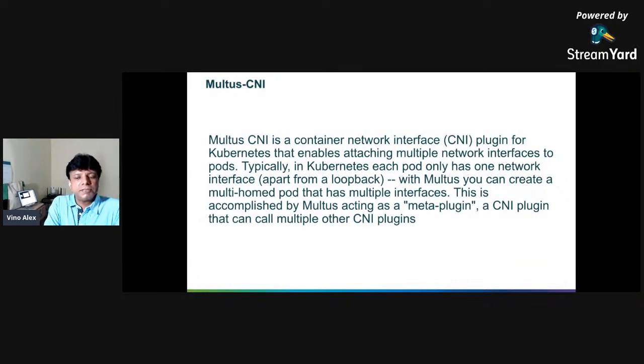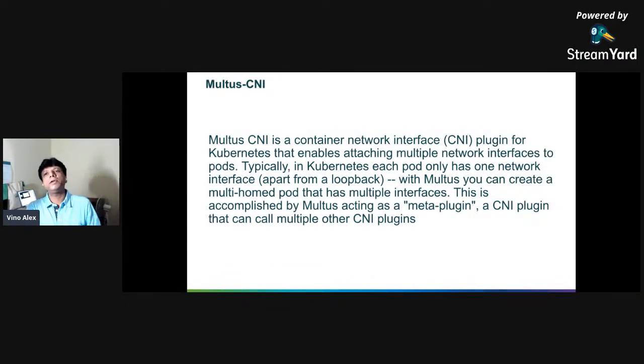What Multus is doing is, typically when you deploy your pods, it gets only one network interface. But for some specific use cases, for example some telco use cases or some advanced use cases, I also saw some requirements when you are migrating your legacy application as a container to Kubernetes.